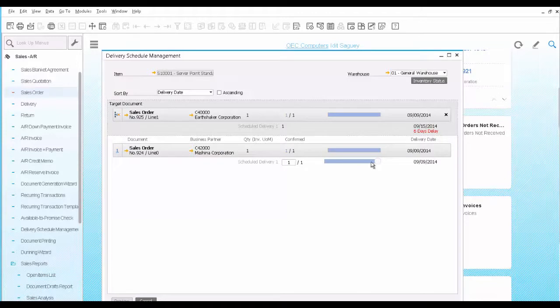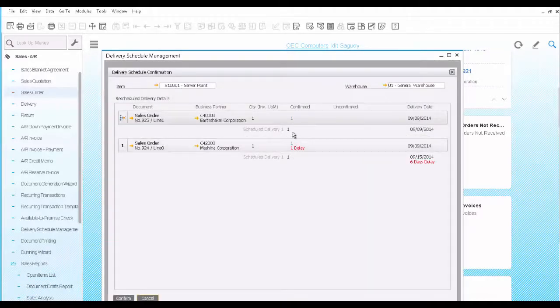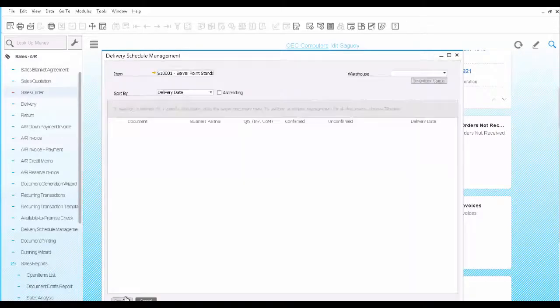To reschedule the order, we reduce the quantity to be delivered for that order and press the preview button to see the changes. Now we see that the first order is delivered on time and the second one will be delayed. Of course, you would have to notify the customer of his delayed delivery. We confirm